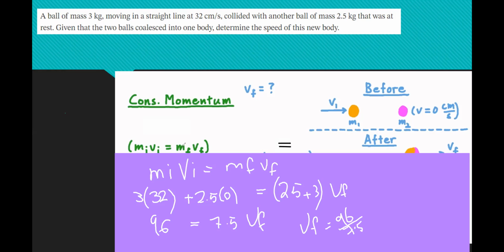Which is 12.8 centimeters per second. So here the new speed for the two balls moving together is 12.8. Look at the velocity of the first one, it was 32. But because it's sticking with another one,